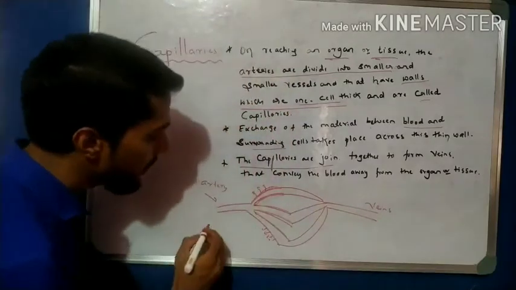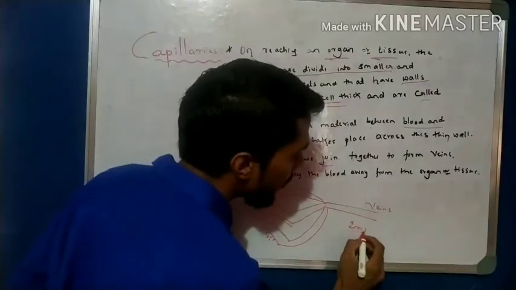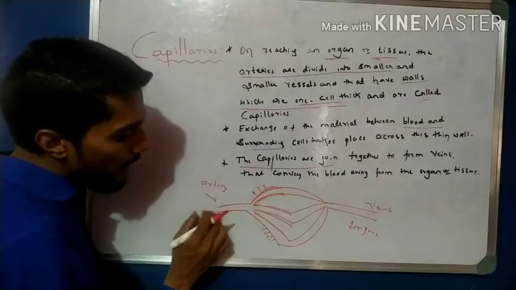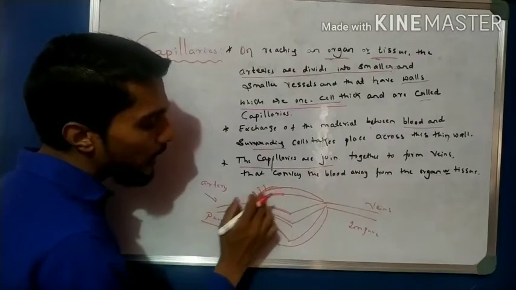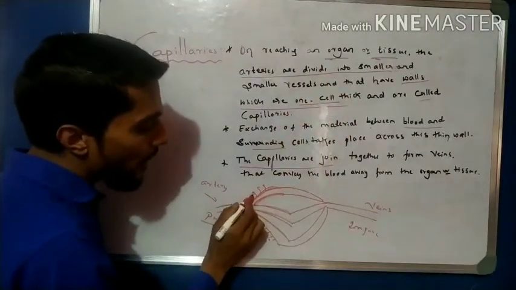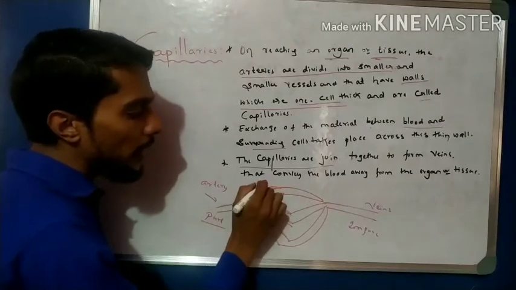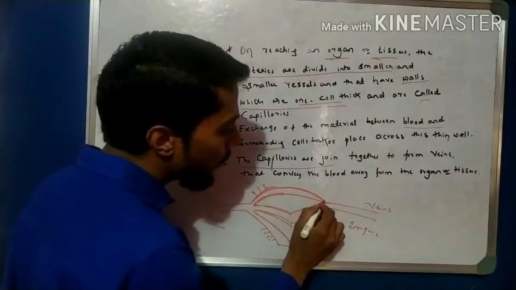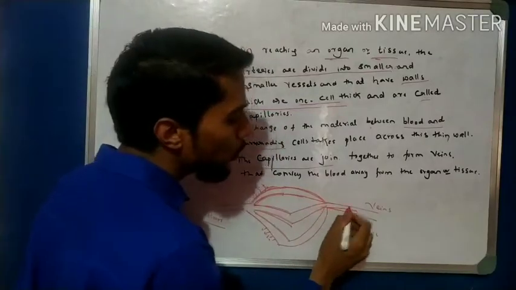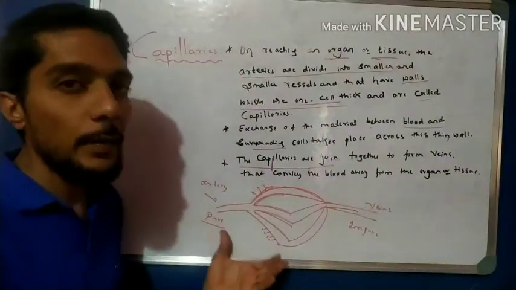Okay students, here you see it is pure blood, and it is impure blood. Correct? So we know that the arteries carry pure blood, and that pure blood comes from the artery and is divided by the capillaries, 1 capillary, 2, 3, smaller and smaller vessels. After that the exchange of material takes place, oxygen exchange, then carbon dioxide, then they join together, and the deoxygenated blood is ready here and is transported through the veins to the heart, which again pumps it to the lungs. So that is how capillaries actually work.